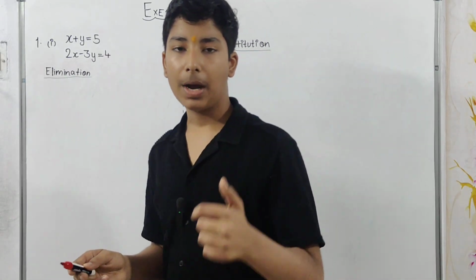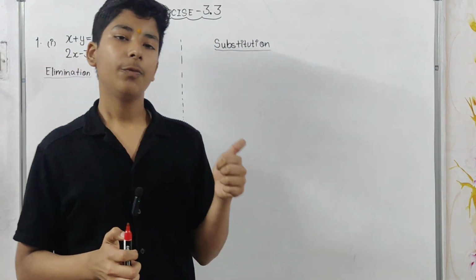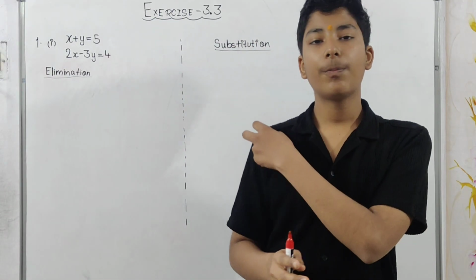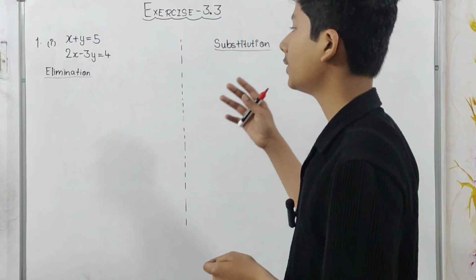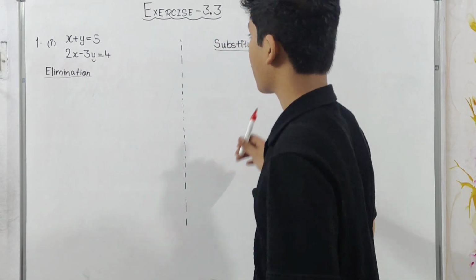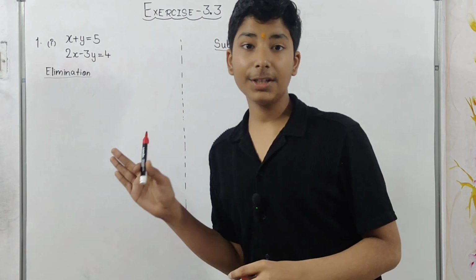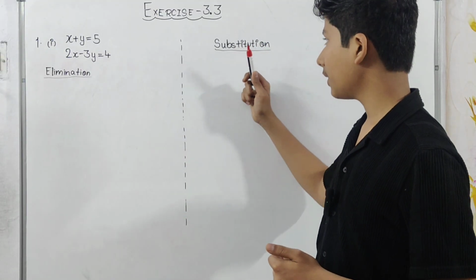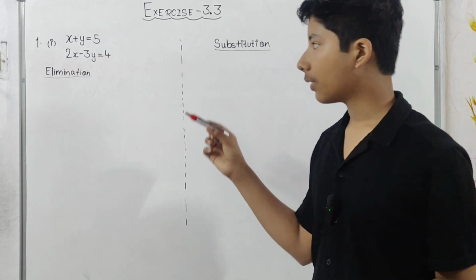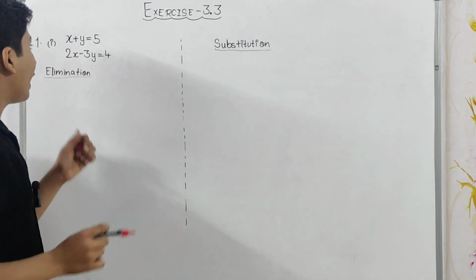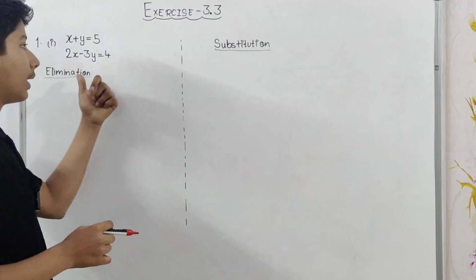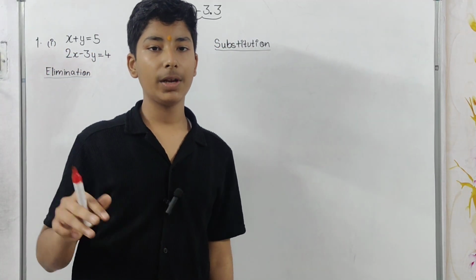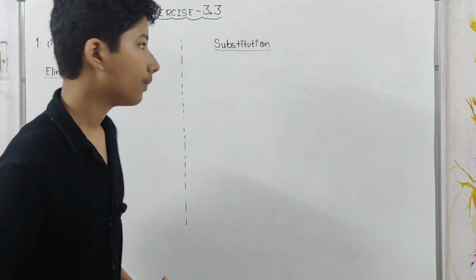So this is part 1, and in this part we are going to do the first question. There are two questions with 4 to 5 parts each. In our first question there are 4 parts in which we have to solve each part using both methods, which are the elimination method and the substitution method. Okay, so let's start. Firstly, we'll use the elimination method in this part and then we'll do substitution. Same procedure and in the same sequence we'll do all the 4 parts.